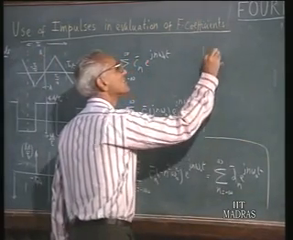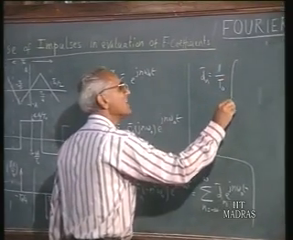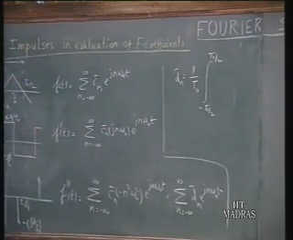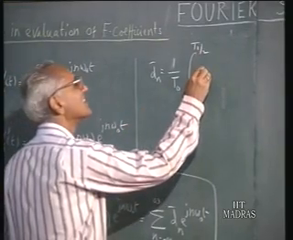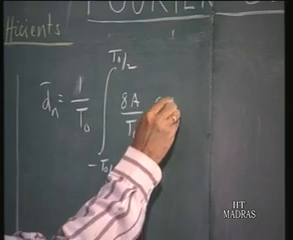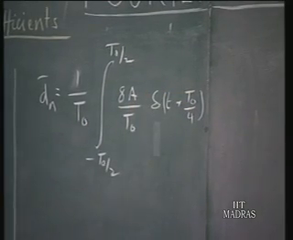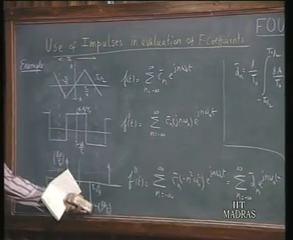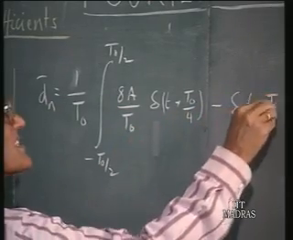So dn is 1 upon T naught from minus T naught upon 2 to plus T naught upon 2. In this range of integration, we have two delta functions. So one delta function at both magnitudes 8a upon T naught, delta T plus T naught upon 4, that is this delta here at negative values of time, and another delta function at T naught upon 4 with a negative sign, therefore minus delta T minus T naught upon 4